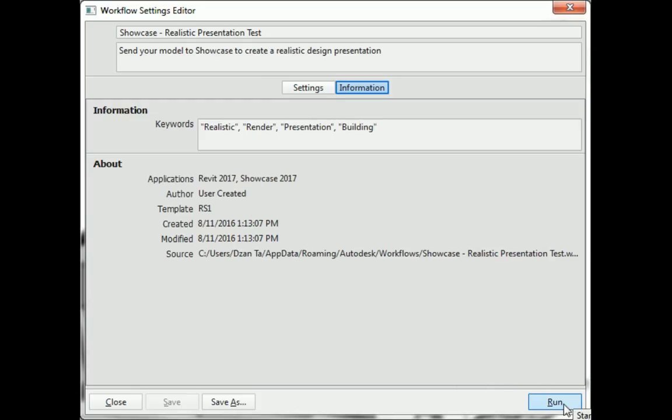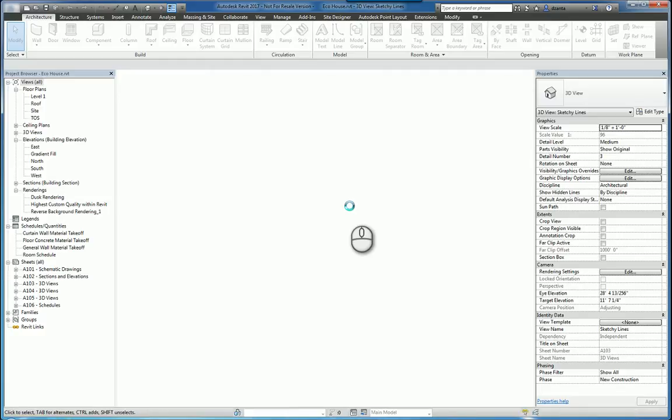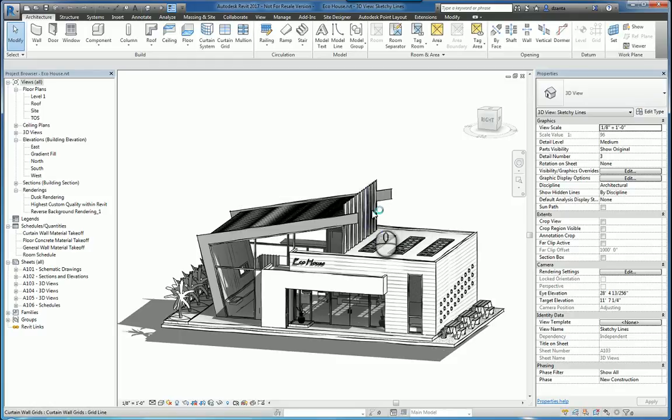If I click Run, it's going to go through the process of exporting that Revit model out to FBX file format, and then the FBX file will automatically go into Showcase in this example. So for Showcase purposes, it'll ask you what the ground level is. If you know what that is, you can input it. If not, you can always adjust it after the fact. If we click Continue, it'll go through that process of putting together the file necessary. It'll open up Showcase,